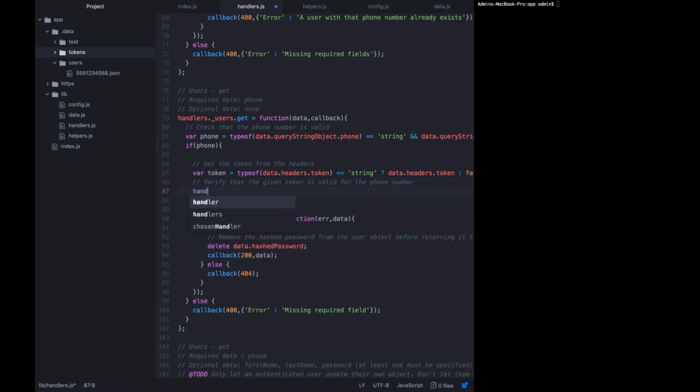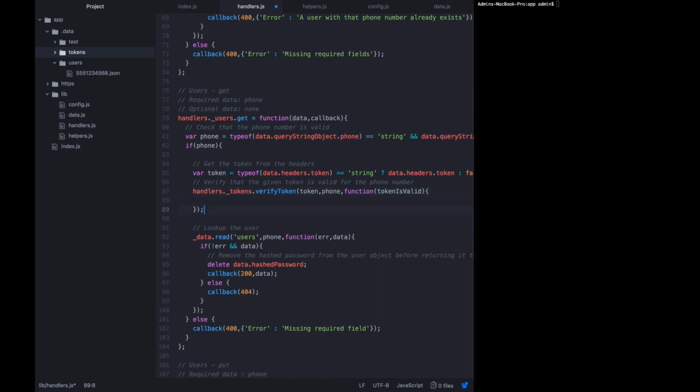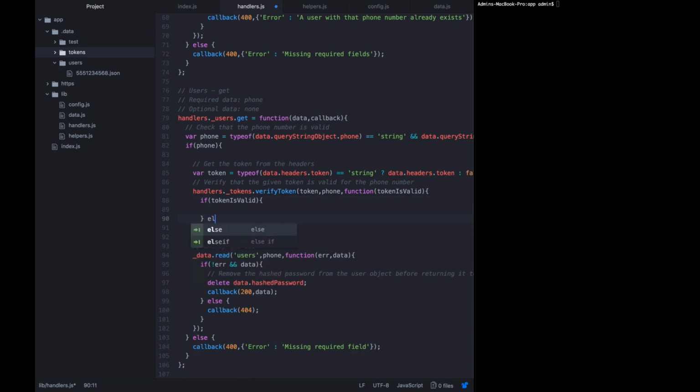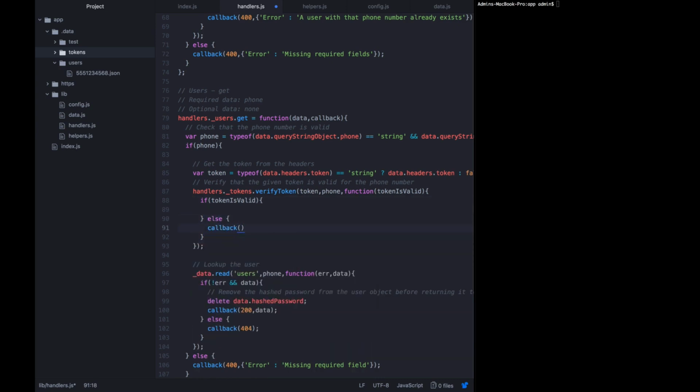So we want to say handlers._tokens.verifyToken, the function we just created, and we're going to send it the token ID, the phone number, and we're going to expect back the outcome of tokenIsValid. Now we only want to continue on if tokenIsValid. That's where the rest of that logic is going to go. Otherwise, we are going to call back a 403 to the user saying error,